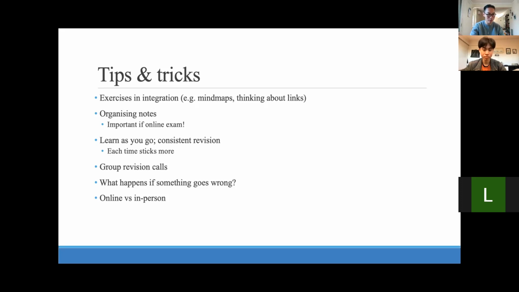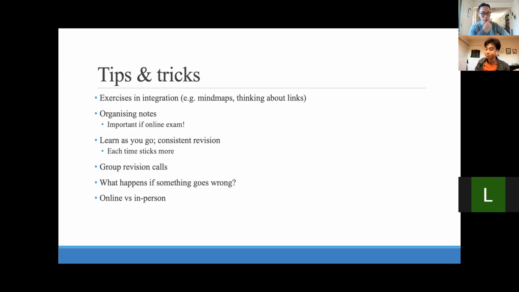Also, I don't know if it'll be the same for you guys, but for us, all of our exams were within the first few days after swap back. So as soon as they could, right? It'd be really nice if you had another week after swap back to study, but you might not, because they really like putting them the exact day the swap back ends. So because of that, not much time to cram. Also very hard to cram, just the sheer amount of content that you have to keep on linking back and forth. So for me, biggest tip is consistent revision.